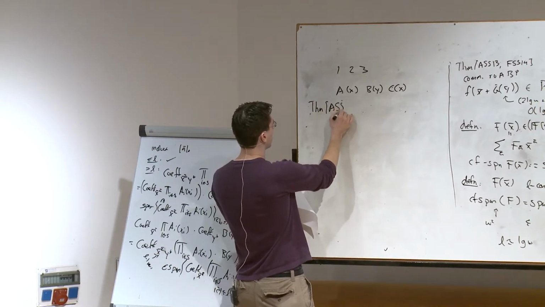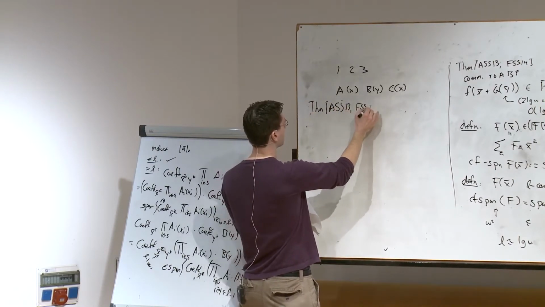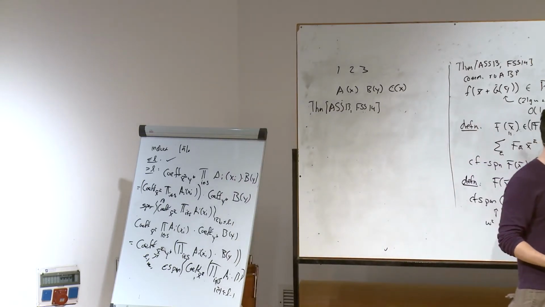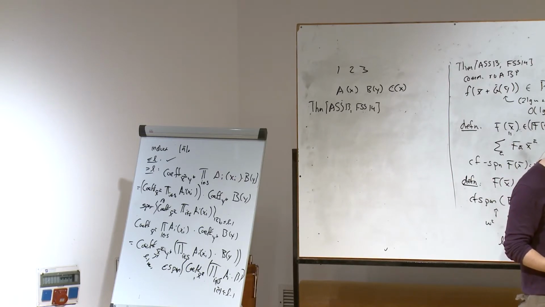So what this shows is that if all of the subcircuits are L concentrated, then